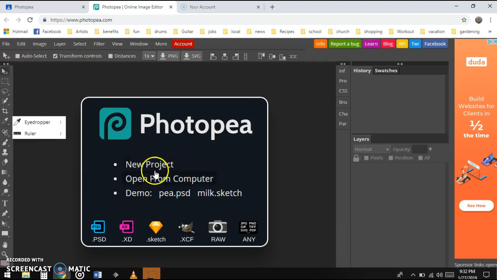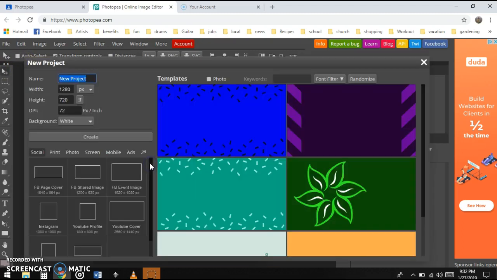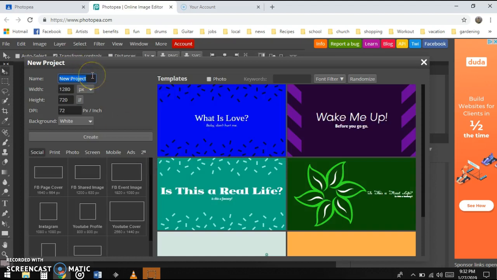So you're looking for this area. You're going to click on New Project. Go ahead and give it a name. I'm just going to call it Face. Call it something simple, something you're going to recognize. I'm just going to have you play around with it a little bit and do a few simple manipulations to start with. Don't worry about what size the image is, and under background we're just going to keep it at